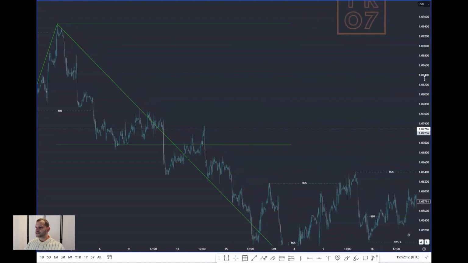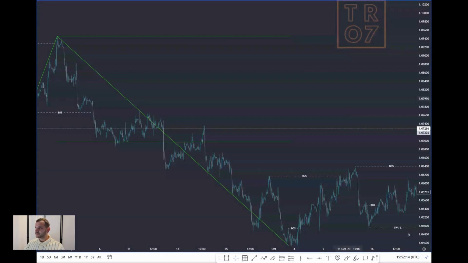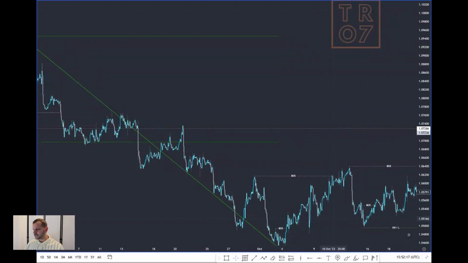So I don't know why my computer's not letting me see it properly. It's normally a bigger screen than this, but